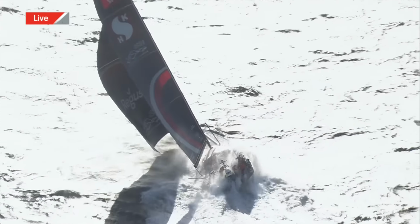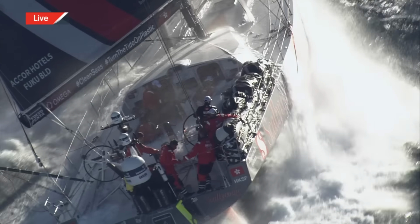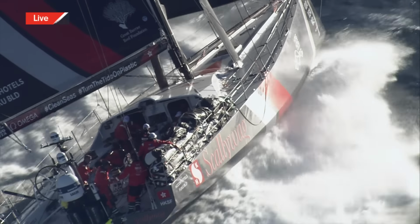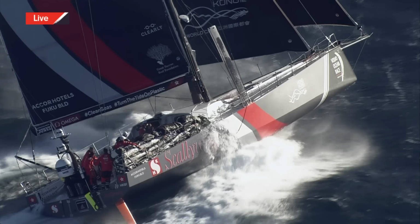Time for a reef. Oh, submarine. Wow. It's like a fire hose when you're sitting there taking all that on. Yeah. Get it live from Matt Connor up in the helicopter. He says, oh, this is a good bit. We've got him right here. They've got full main up. They've got their...